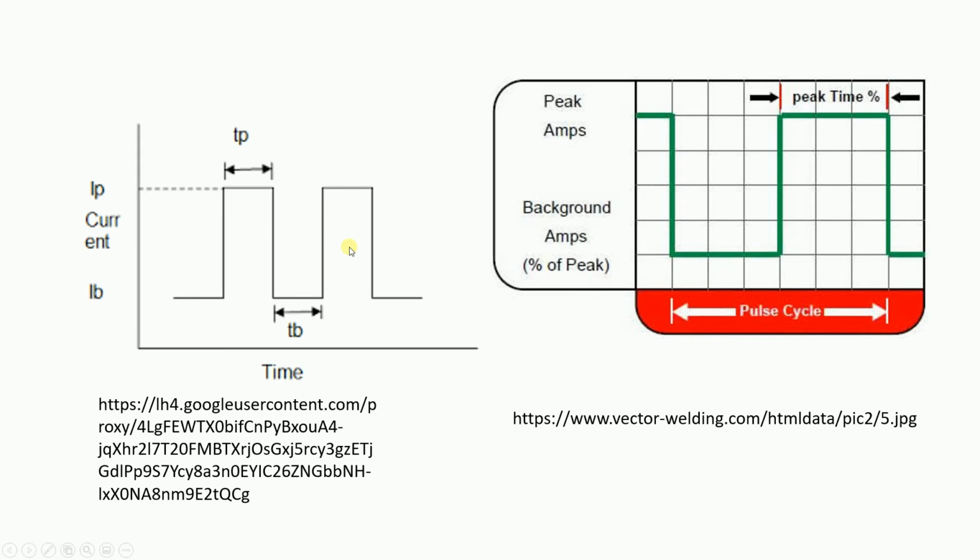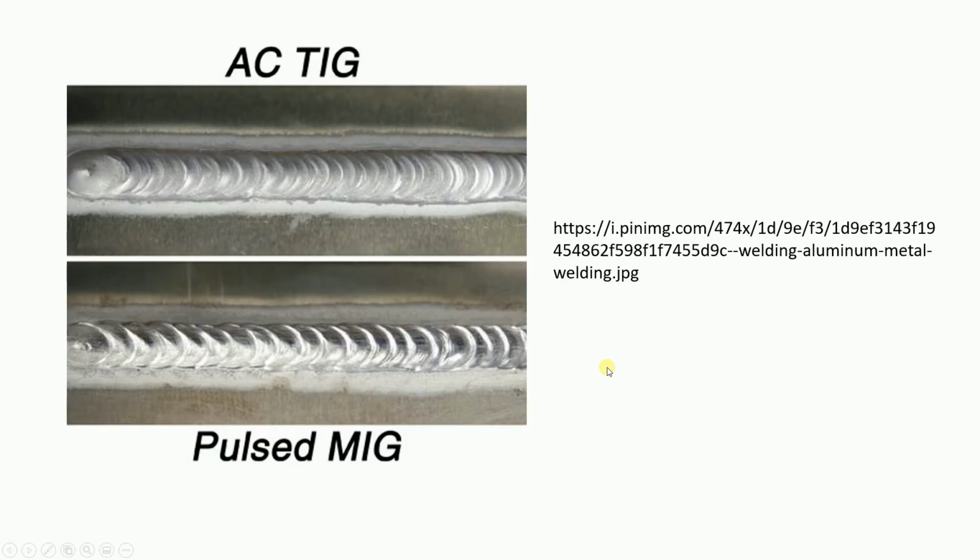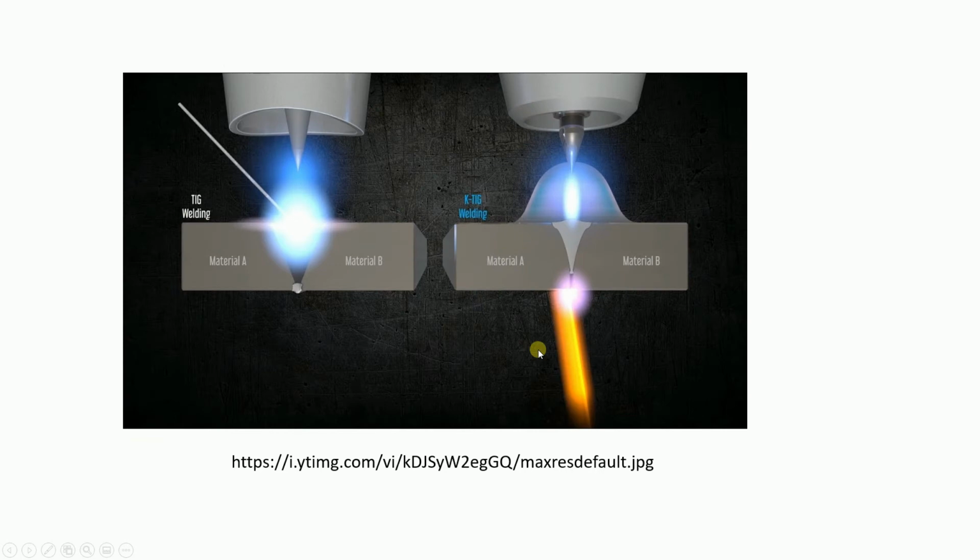And these are all small examples. If the previous example is confusing, you can refer to this one. You can see how clearly it was shown: peak time, pulse cycle, back current time, etc. So this is the bead profile. Then each and every drop is detached, and there is a time gap available. Because of that only we are getting this smooth bead like this, right?